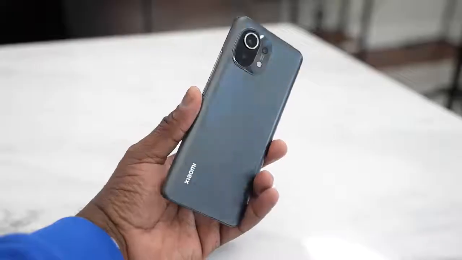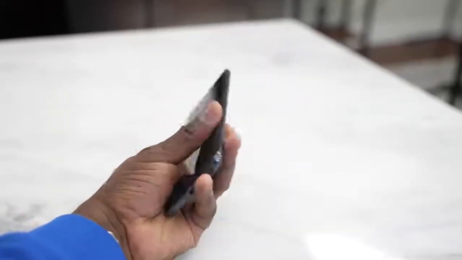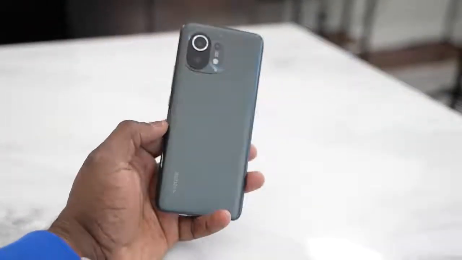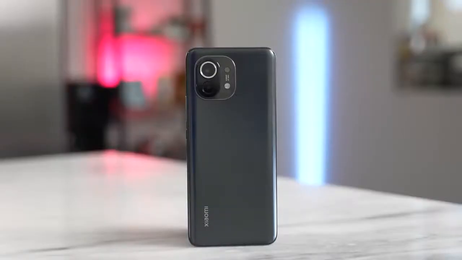Now the Xiaomi Mi 11 is a lovely looking device. It also houses a 108 megapixel camera. I'll show you a few camera samples so you guys get an idea, but we are focused on gaming in this video. So what do we have to do gaming on the Xiaomi Mi 11? As I mentioned earlier, it's the Snapdragon 888. This comes with 8 gigabytes of RAM, can go up to 12 gigabytes, 256 gigabytes of storage, and the battery is a